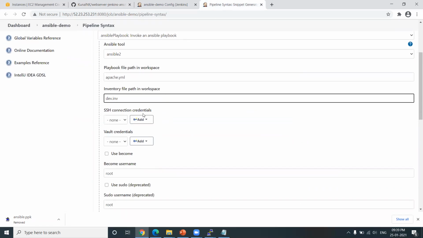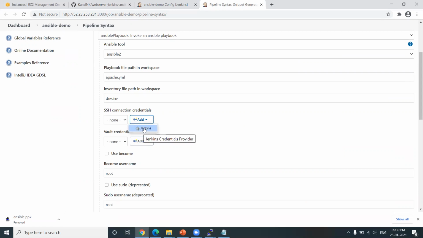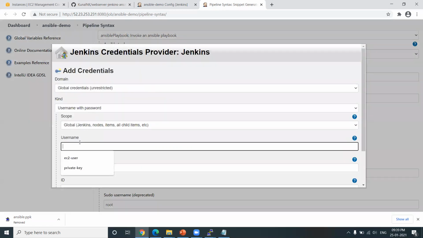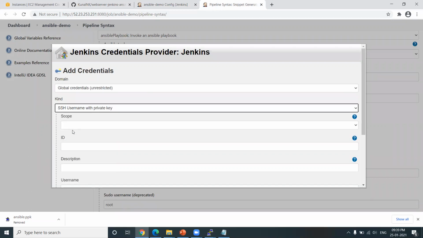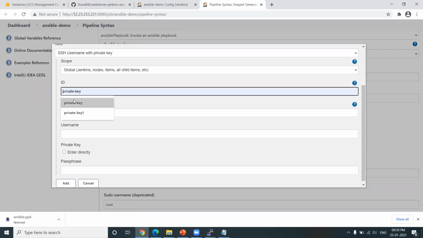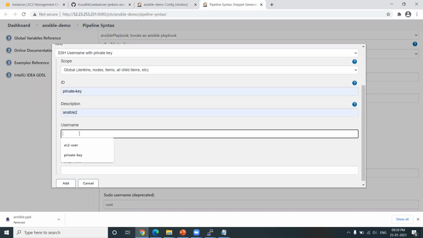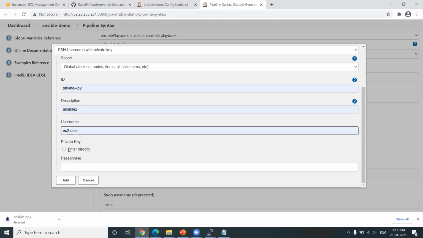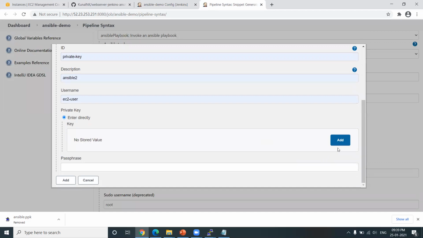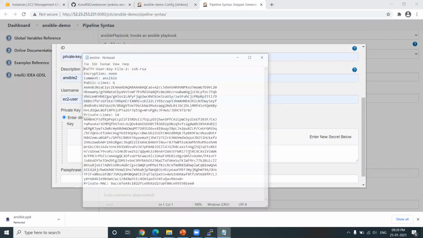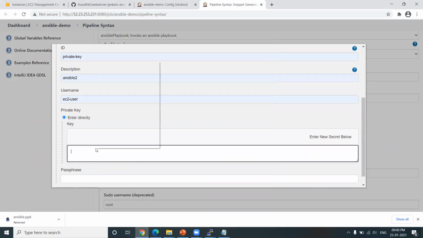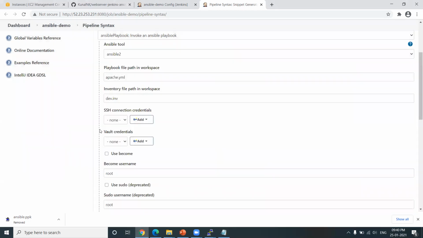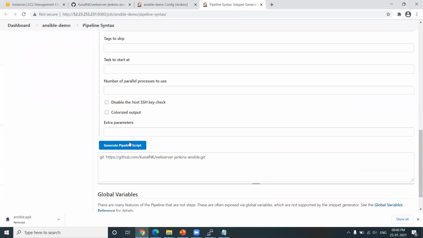So SSH connection credentials, click on add, click on Jenkins, then username. The kind should be SSH username with private key. ID should be private key. Description Ansible 2. Username EC2 user. Private key, select enter directly and click on add. Copy the private key value. So this is my private key value. Copy it and paste it in this and click on add. I can see we have EC2 user Ansible 2. Select that and